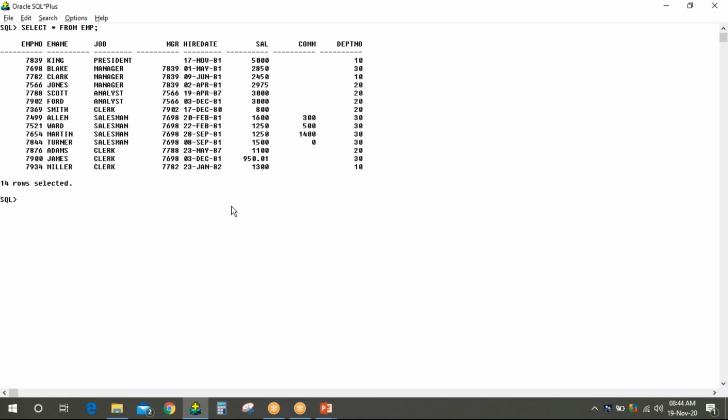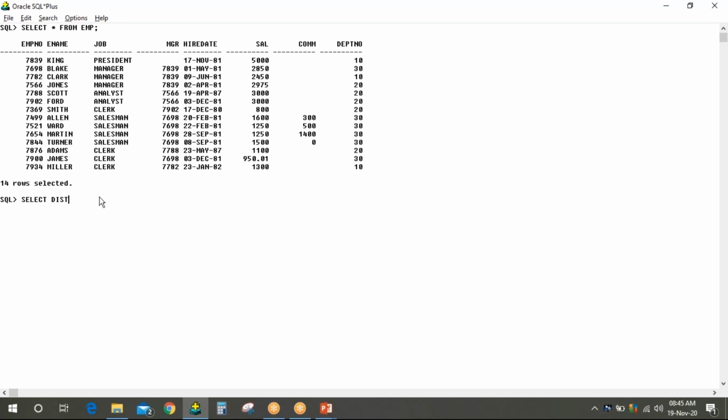What distinct does? Distinct removes the duplicates and shows the record only for the appearance sake. Exactly, it doesn't remove. It is not a manipulation function. This is just like a display function. Like you can see here, there are only 3 department numbers, but it has been repeated so many times. So I want to know how many department numbers are total. So what I will do,